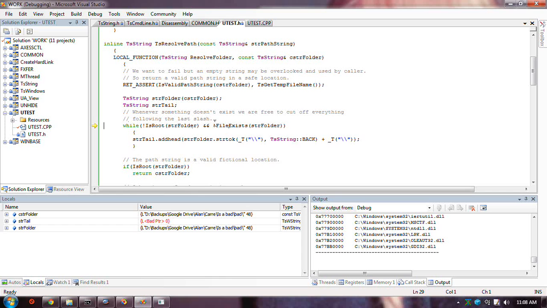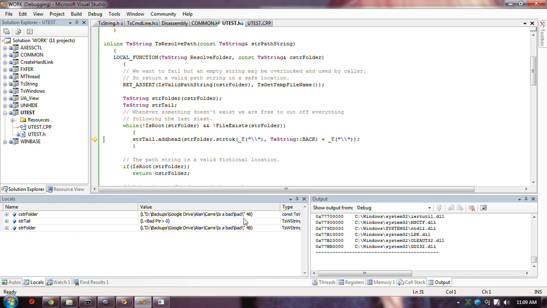While this condition is true, what I'm doing is saving up the end of the string that is non-existent. So I'm going all the way down until I find some part of the path that exists, and I want this tail bit to be saved off in the proper order. The way to do that is like a push and pop thing. Add to the head of the thing that you're accumulating the next bit up to a slash. So you'll see it happen here.